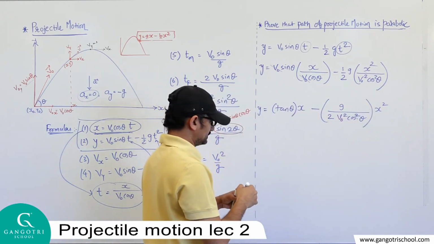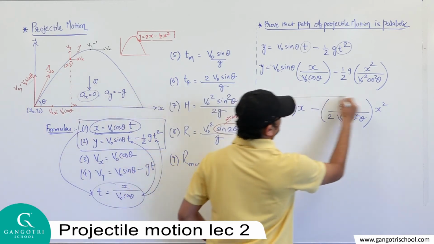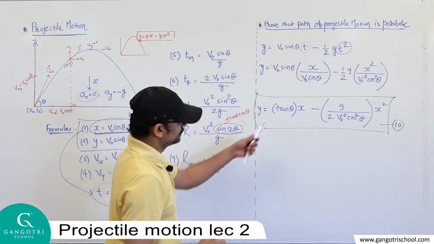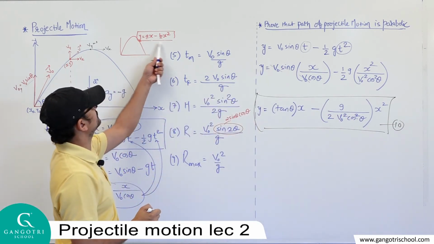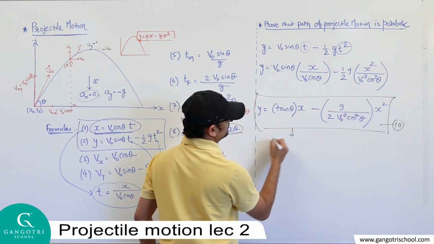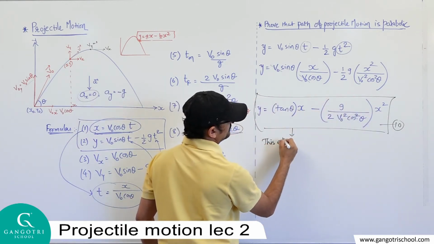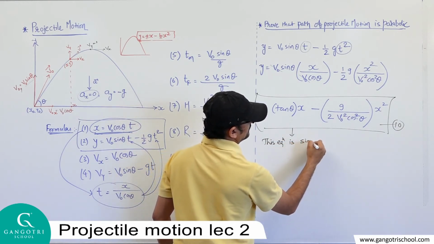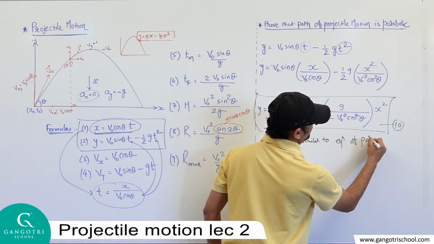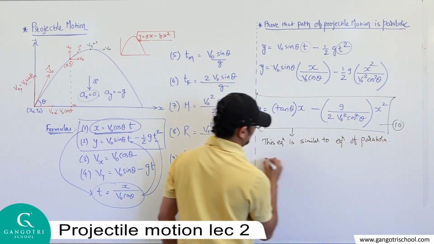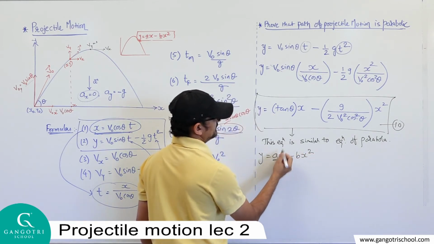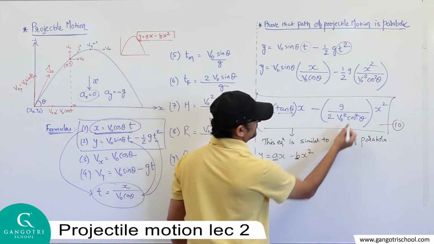So now look at this equation, let's give it equation number 10. Look at this equation, isn't it similar to this equation? Ax minus bx square, this equation is similar to the equation of a parabola. Y is equal to ax minus bx square, where a is tan theta and b is